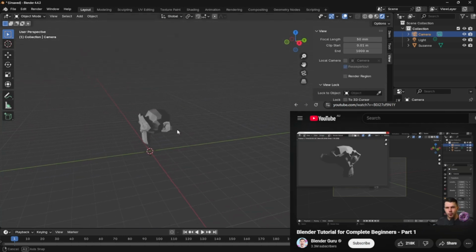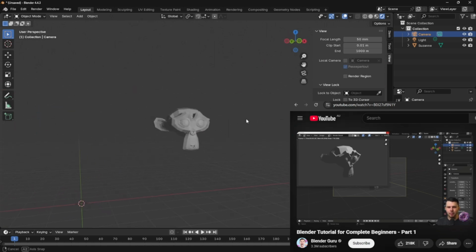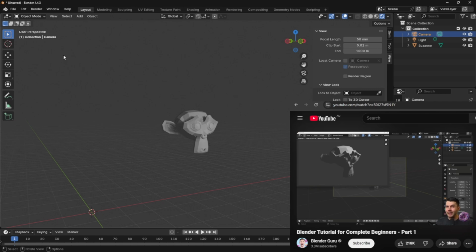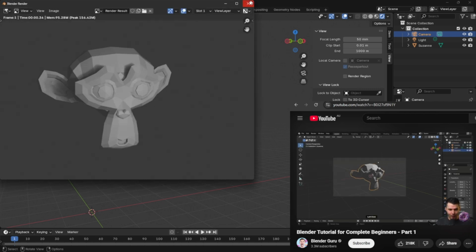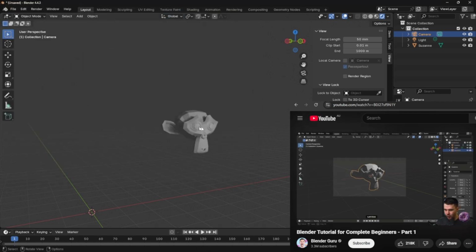But this is too simple. If we post this on the internet, people are bound to make fun of us. Imagine that. Well, we could give it some color, right? So with our monkey head selected, we can go over to here to the properties. So this properties section is where you might spend the other